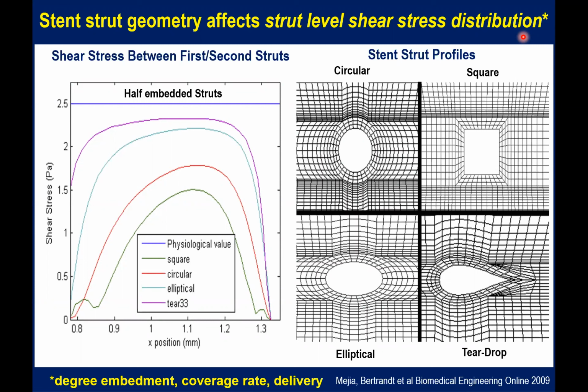If you deploy the top two here, circular and square, at 16 atmospheric pressure, in general, a greater degree of stent embedment occurs with the rounder device. The square behaves more like a snowshoe, the rounder more like an ice skate, if you will, on the endoluminal surface. That can impact the rate of coverage and healing, and can also impact the ease of delivery, in that rounded struts are less likely to be engaged by calcified ridges or even other stent struts en